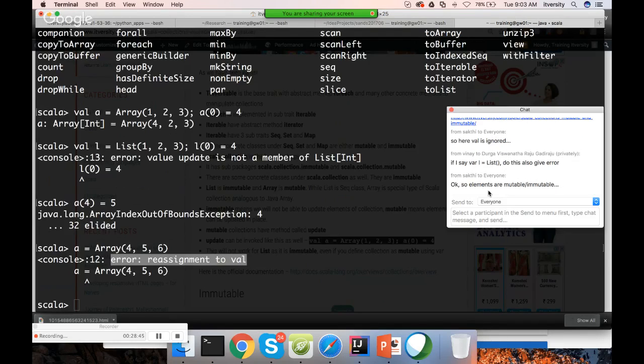Yes, so elements are mutable or immutable. That's a correct statement, Shakti. When it comes to a mutable collection, elements are mutable. If it is an immutable collection, elements are immutable. That's exactly correct. And when I say, if I say var L equal to list, does this also give